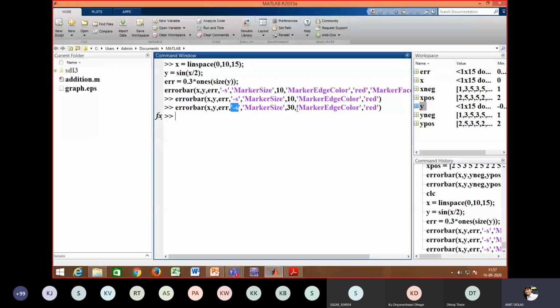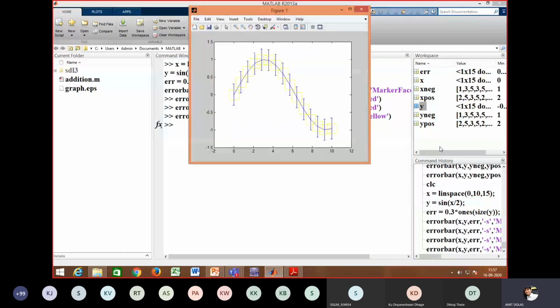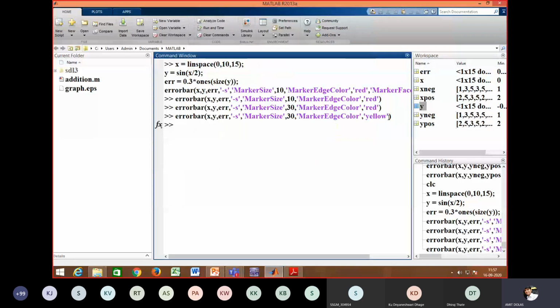Then marker edge color red. So if you use green or say yellow, green or yellow, I cannot edit there. Okay. So accordingly it will change. So marker color is yellow, and lastly we'll see what marker face is.